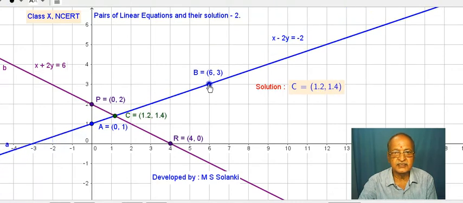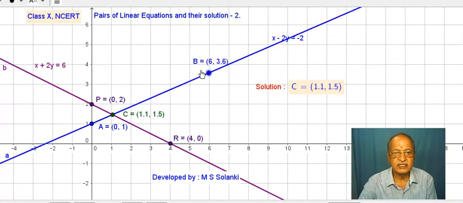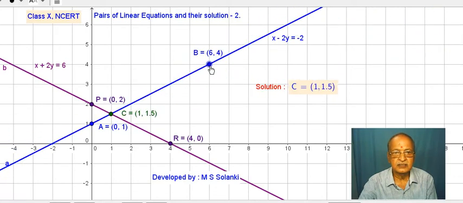If I am changing this, what will happen? Let us take this. Can we get somewhere? This was here and this 4, 3. Let us check. This value here 1 and 3. 1.5 into 3, x is 1. This will not satisfy this. So it is not operated on this.